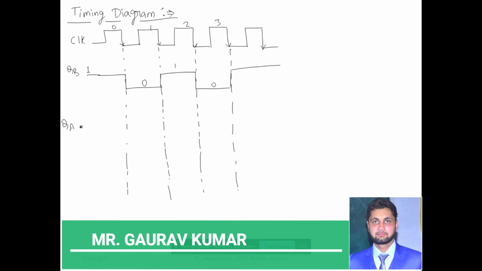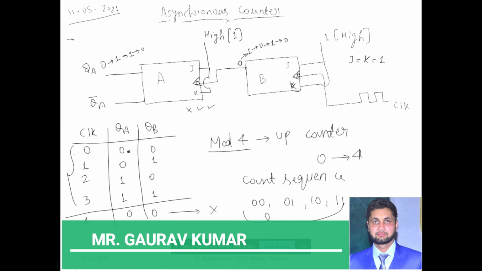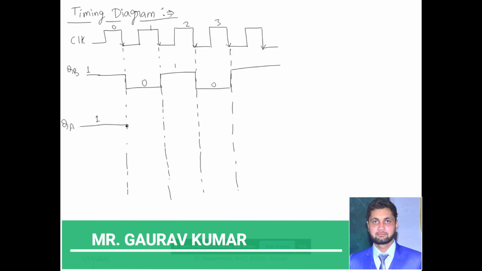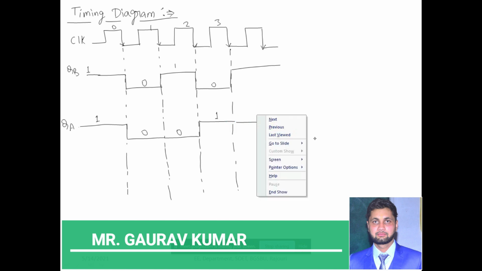Assuming QB and QA are initially 1, you can take it as 1 initially, and you can draw it as initially at 1. You can also assume initially QA and QB are 0 and draw that, but here I am assuming QA QB are 1, then I am drawing. So QA is 0 0 1 1, 0 0, again 0 and 1 and 1 1. Okay, is it clear? 0 0 1 1.